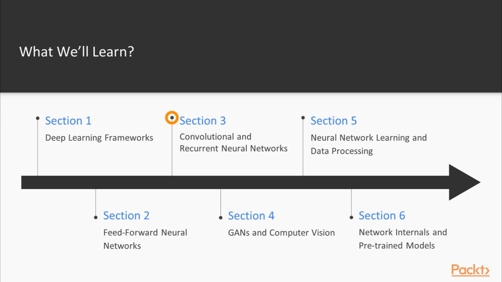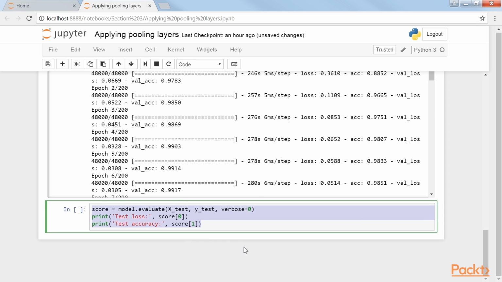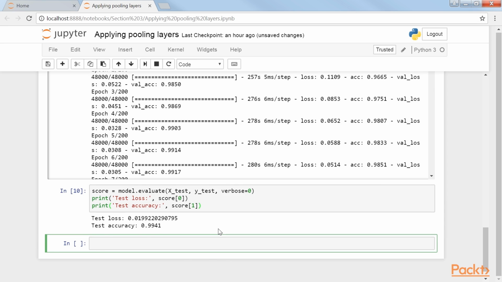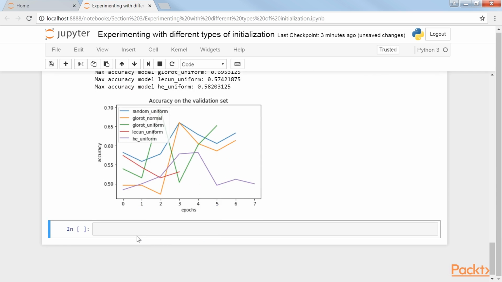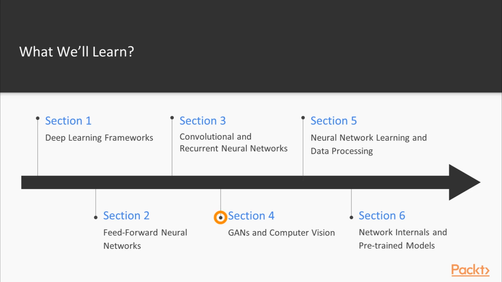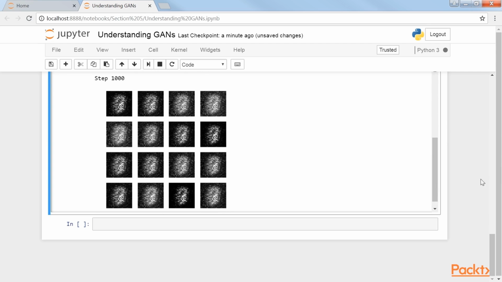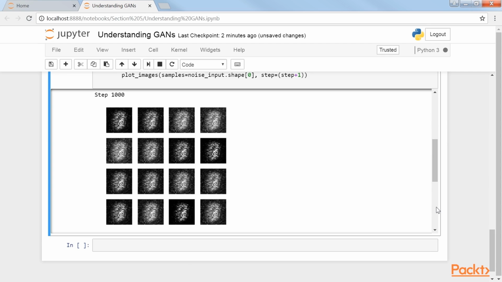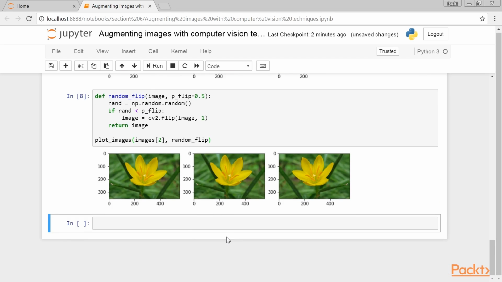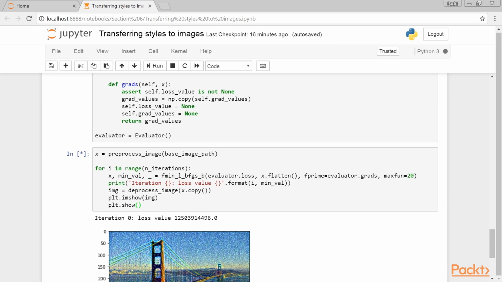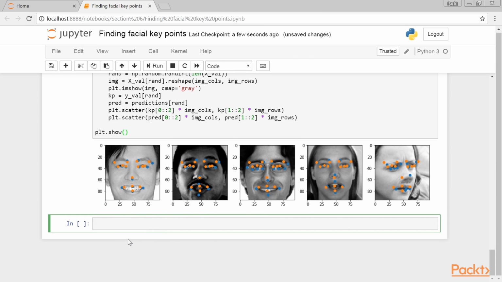Section 3. Convolutional and recurrent neural networks provides information on techniques and optimizations used in CNNs and RNNs. The focus is to provide solutions to common implementation problems for recurrent neural networks. Section 4, GAN and computer vision, provides a collection of videos related to unsupervised learning problems. Also, classic techniques of processing image data using Python will be provided, along with best-of-class solutions for detection, classification, and